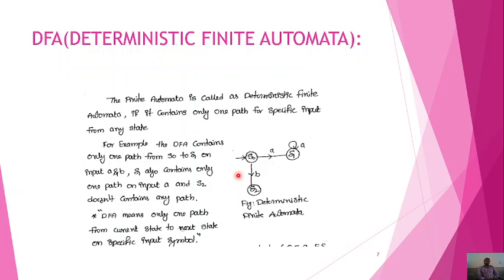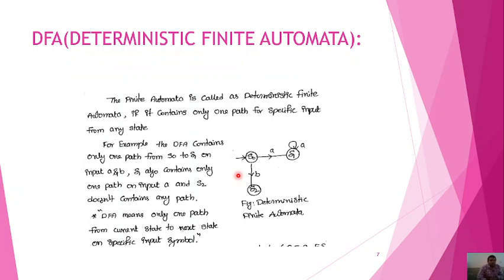Now we observe several subcategories of the finite automata types. FA with output again has two categories: one is the Moore machine and another is the Mealy machine. These are the two machines used under the representation of FA with output. And the FA without output model again has two types: one is the non-deterministic finite automata and another is the deterministic finite automata. Non-deterministic finite automata can also allow epsilon transitions.